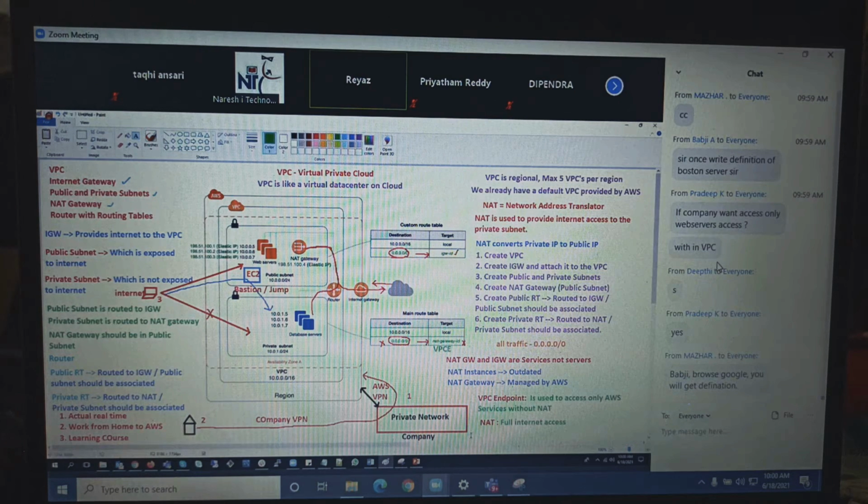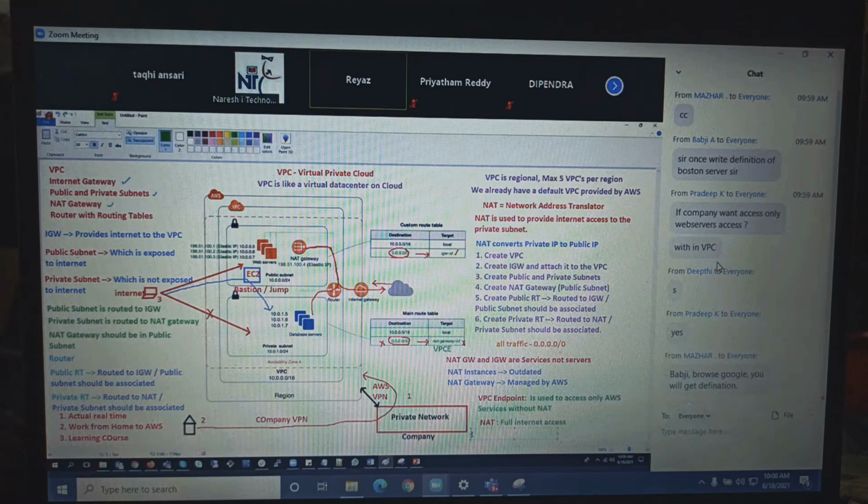I don't have space here, but write down. Bastion meaning access to AWS directly from internet.